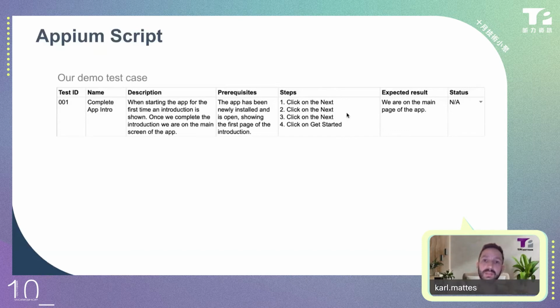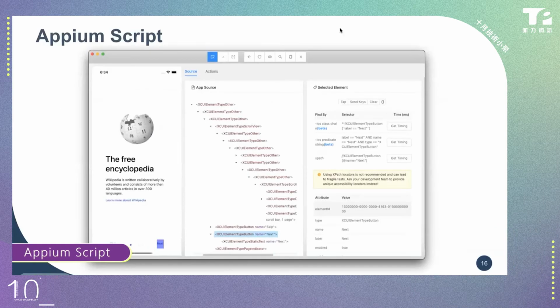Now to interact with these elements and find them, we need to have a look at Appium Inspector. As I mentioned before, I would highly recommend you to install Appium Inspector if you're writing Appium code. It's a very useful tool to inspect the application that you're trying to test. You can see a screenshot of Appium Inspector here. You have the screenshot of the app you want to test or inspect on the left. You have your page XML source in the middle, and you have information on the item that you clicked on